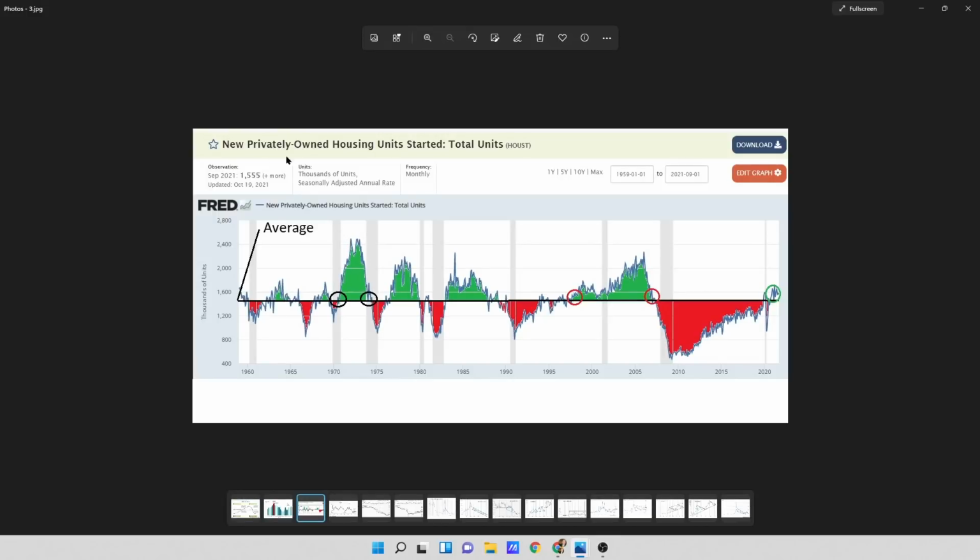This is the housing starts, total units. So every time we start diving down, we get a recession. So every time the housing market basically contracts, which is deflationary, we have a recession. Right now, we're going into an expansion phase of real estate. We are leveraging up the move. Means that we're building new homes.